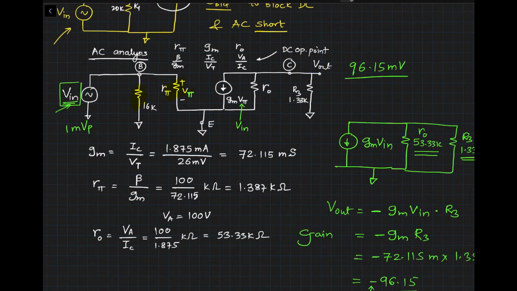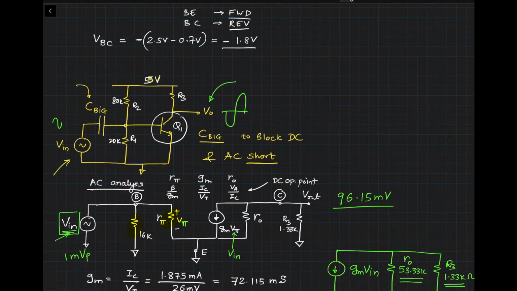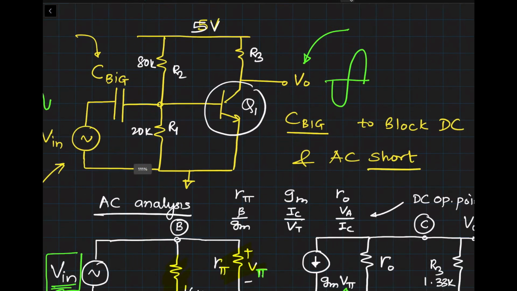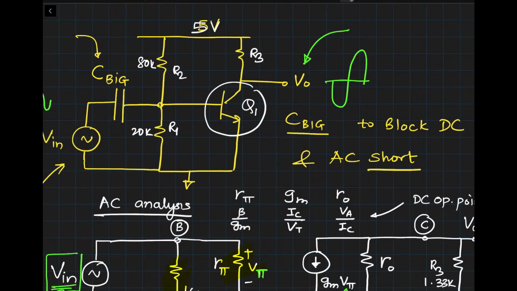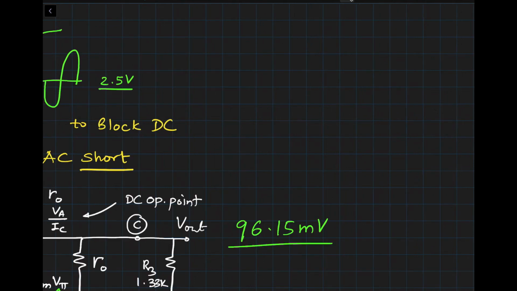Another point I would like you to notice here is the DC value of the output voltage. If you remember, when we did the analysis, the output DC value was 2.5 volts. There is a specific reason I chose that value. The output voltage can range from 0 volts to 5 volts, because 5 volts is the supply. We have biased the output of the amplifier by choosing the proper R3 value to be equal to 2.5 volts. So when you don't apply any signal, this would be the DC output voltage of our amplifier.